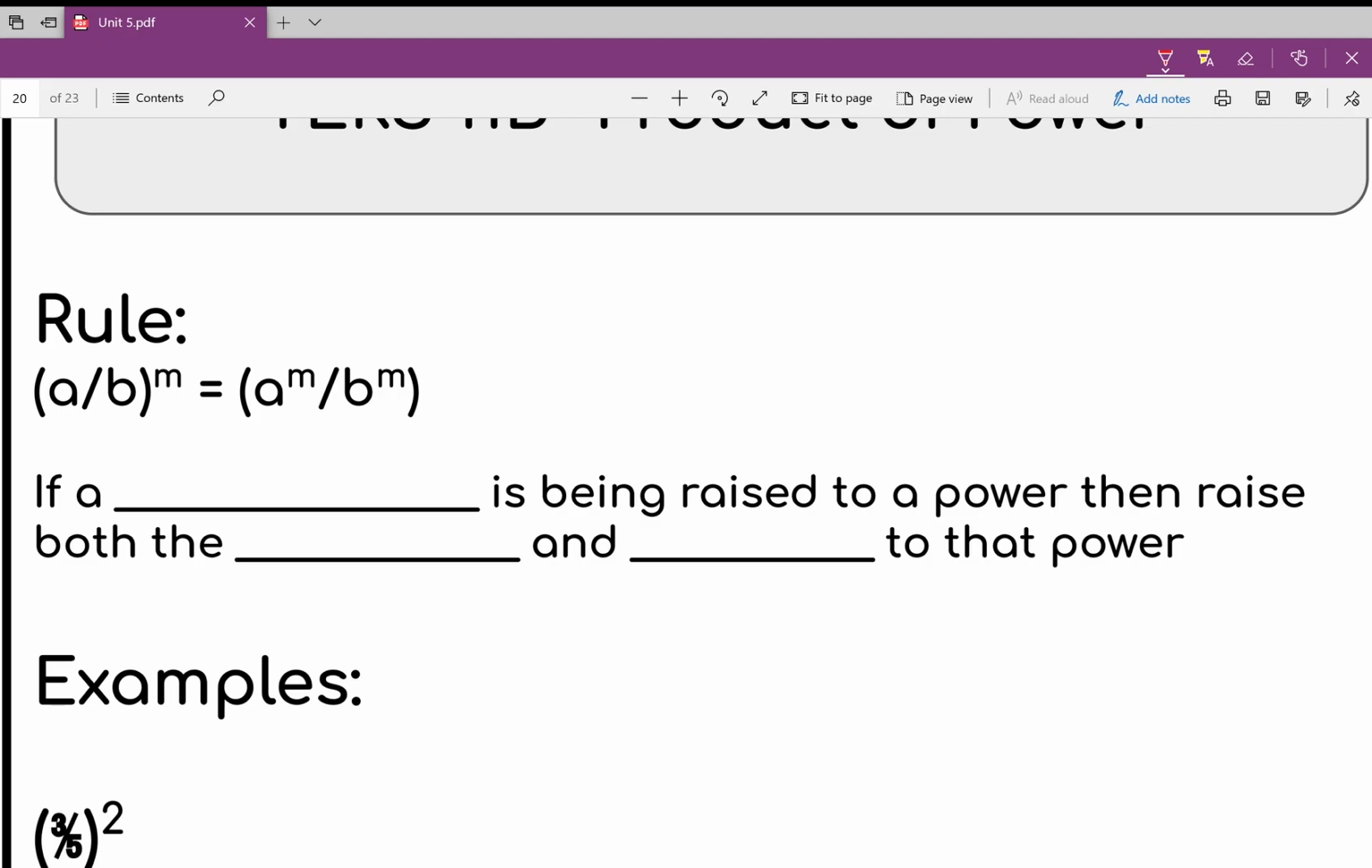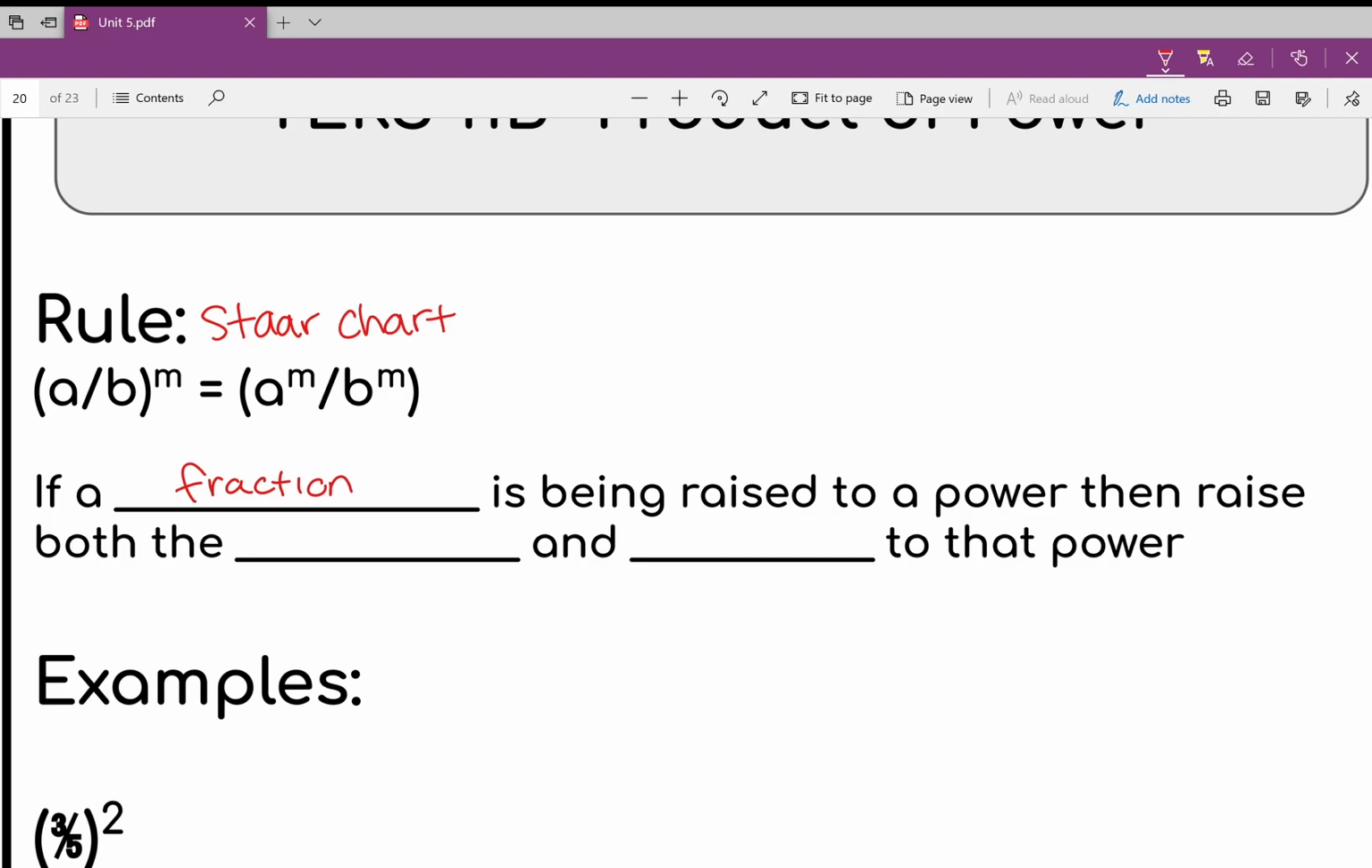TEKS 11b, quotient of a power. So our rule right here that's going to be on our star chart is (A divided by B) to the m power, which is the same as A to the m power divided by B to the m power. So what this rule is saying is that if a fraction